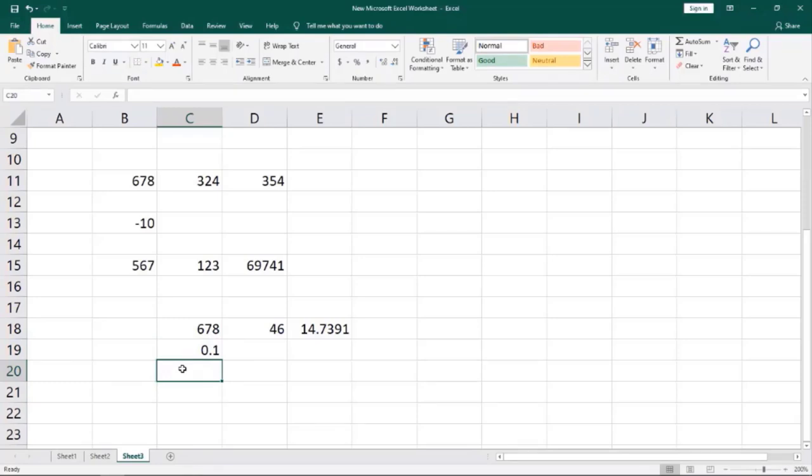Next is exponentiation, that is the power. Suppose I want to get 10 to the power 5, then how will I write here? I'll give the equal to sign, and I want to find 10 to the power 5, which is equal to 1 lakh.